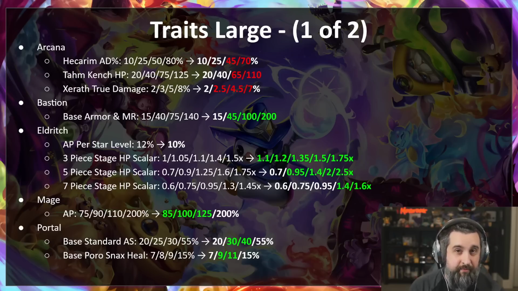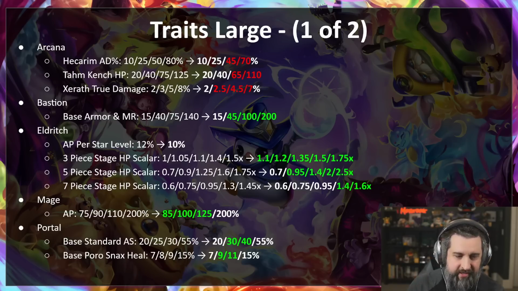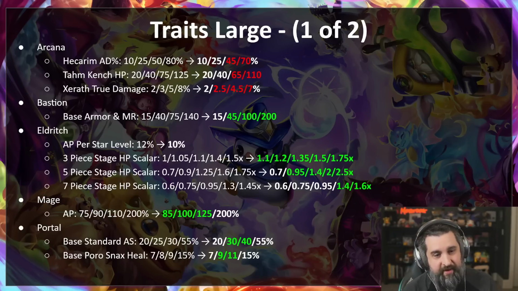Eldritch, this is another one that we're trying to buff up a bit as well. The AP per star level, this should be red. It is a nerf. The star scaling on Eldritch is actually secretly OP. Not many people have figured this out, but if you can somehow get 3-star Ashe, 3-star Elise, 3-star Syndra, 3-star Neeko, and then hit 7 Eldritch, it's actually insane. But because of that, we're going to lower the amount of AP it gets so that we can buff it